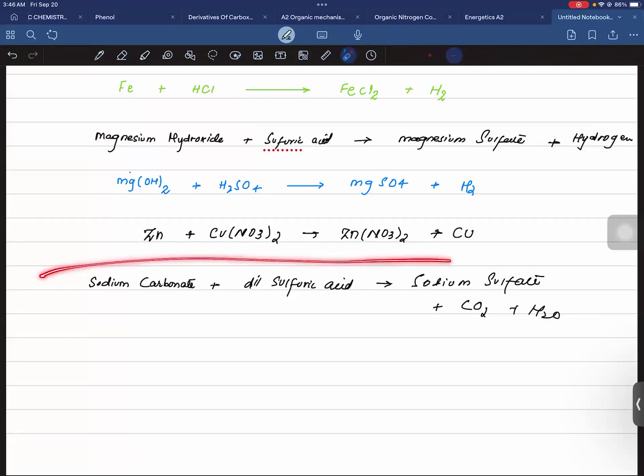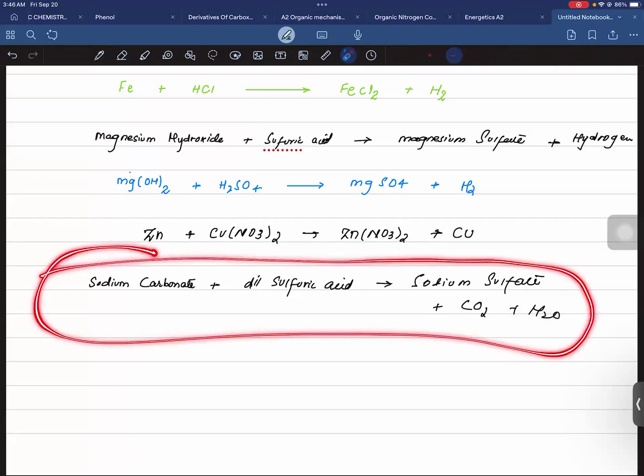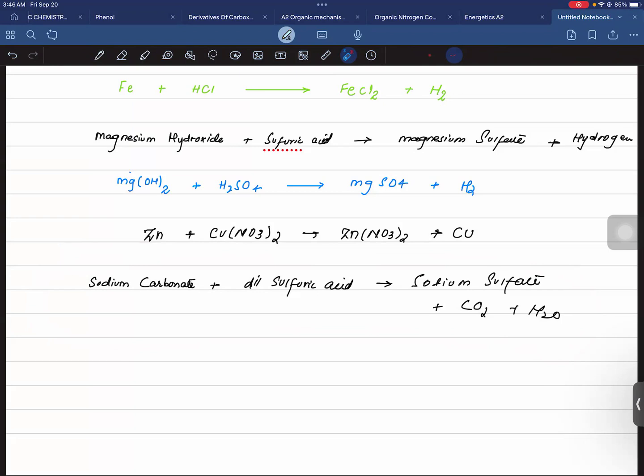See the last equation. Do I convert it to formula? What do I do to it? What's the formula for sodium carbonate? First, the formula for sodium carbonate, which is NaCO3 plus